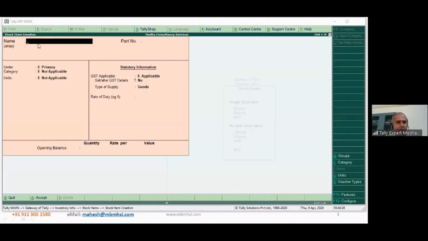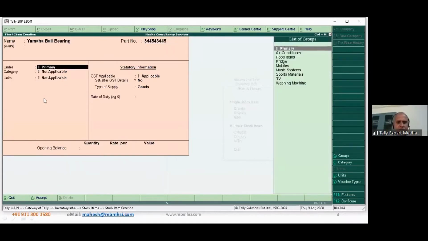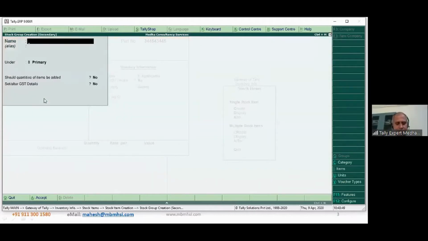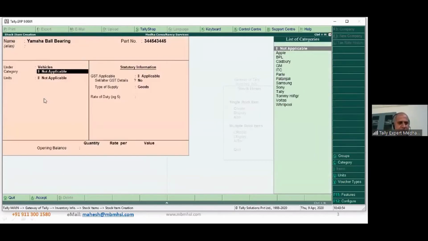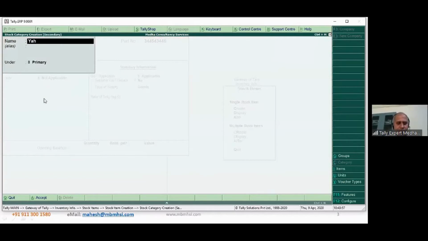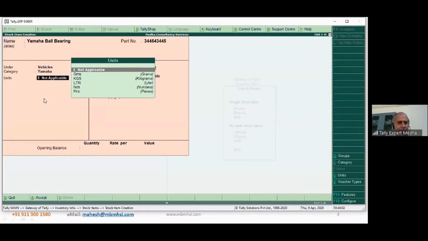Clear? So for example, I'm creating a Yamaha ball bearing. This is the part number. This comes under vehicle parts, and the group is Yamaha, the brand; category is the brand.